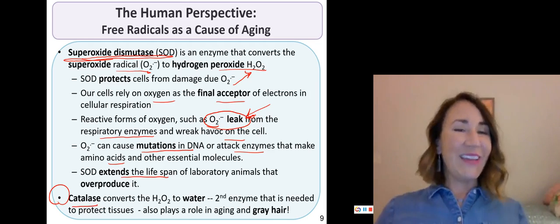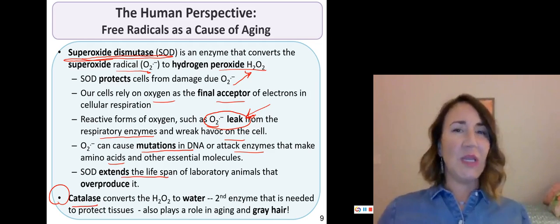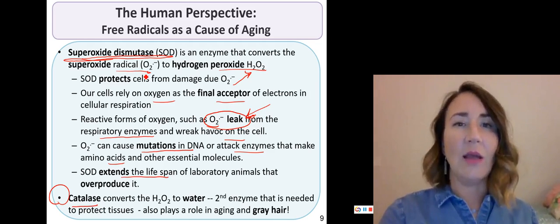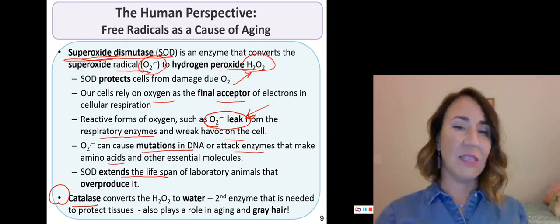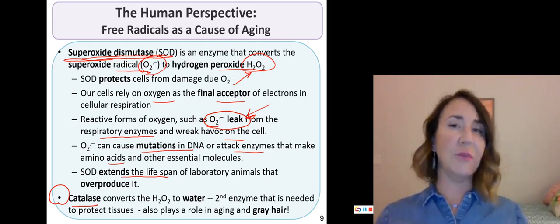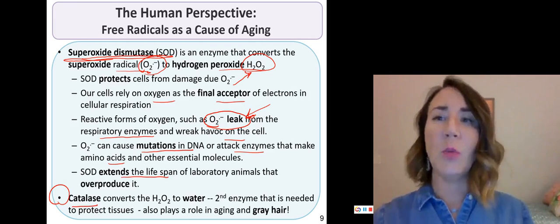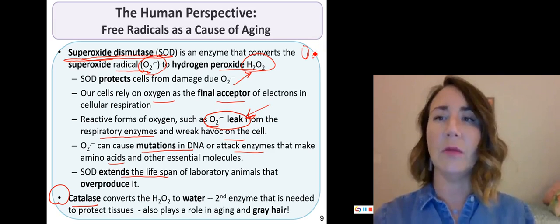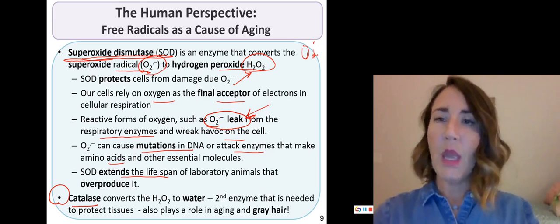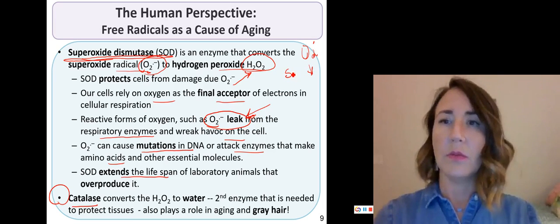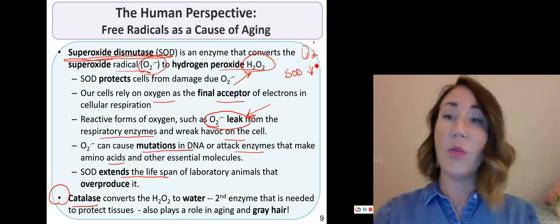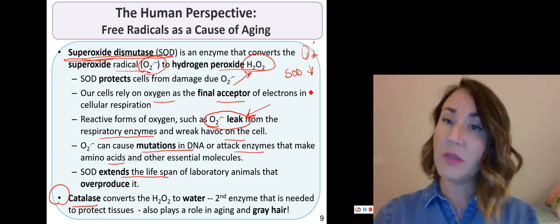Catalase comes in next, right? Superoxide dismutase gets us superoxide ions, which then form hydrogen peroxide. Catalase can then take hydrogen peroxide and convert it to water. So what we have here is the O2 superoxide free radical, and that is converted by SOD, right? And then we have hydrogen peroxide formed,